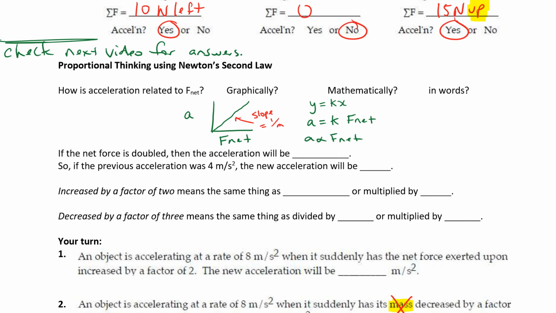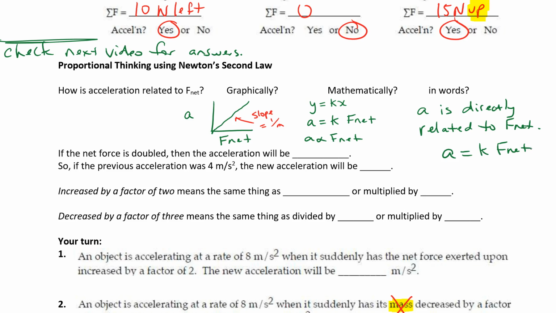So we could put that in words as well. We can say acceleration is, it's not just linear, because it is a straight line, it's linear, but it's also direct because it goes through the origin. So we can say a is directly related to net force. So if I'm thinking a is equal to some k times F net,